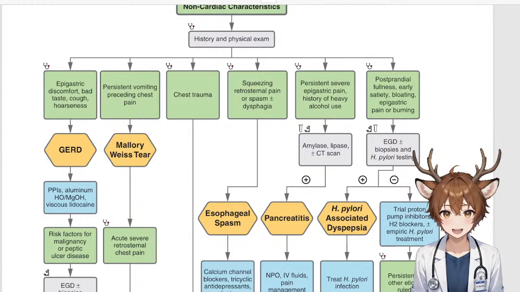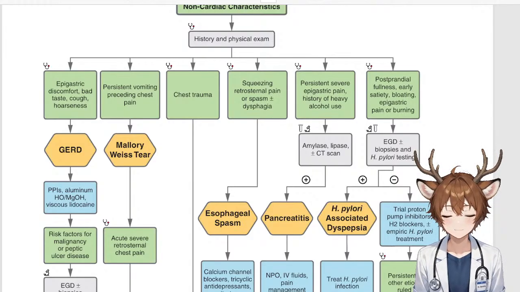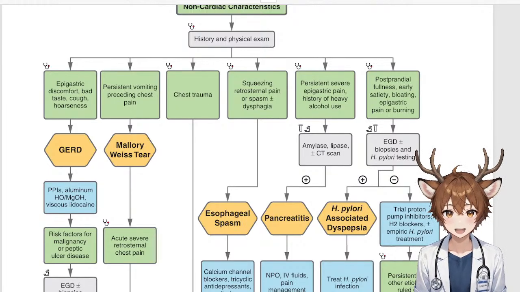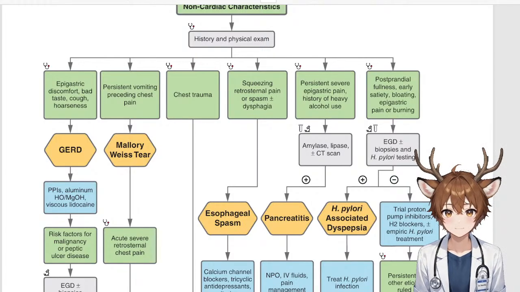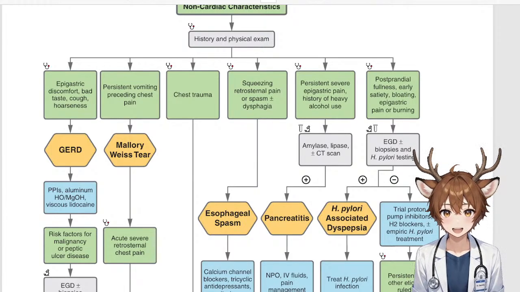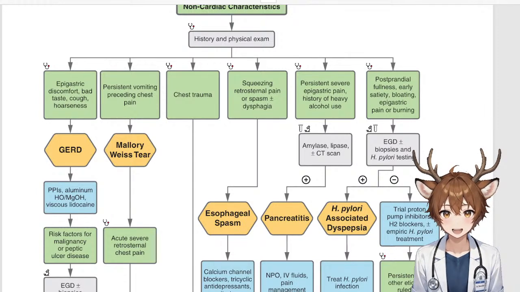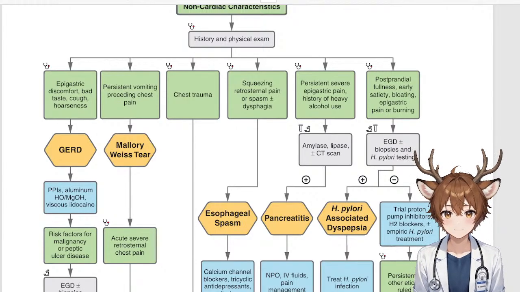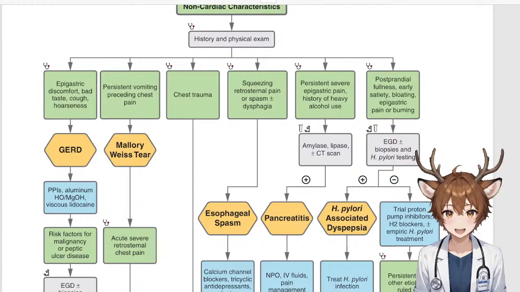Aluminum hydroxide, I think that is, slash magnesium hydroxide. Wait, aluminum HO. What does that mean? No. Slash magnesium OH. Is that right? It says here, aluminum hydroxide and magnesium hydroxide, often abbreviated as AlOH3, magnesium OH2, a combination of antacids that quickly relieve heartburn. So I think they might have just spelled that incorrectly. I don't know. So PPIs, aluminum hydroxide and magnesium hydroxide, viscous lidocaine, risk factors for malignancy or peptic ulcer disease,